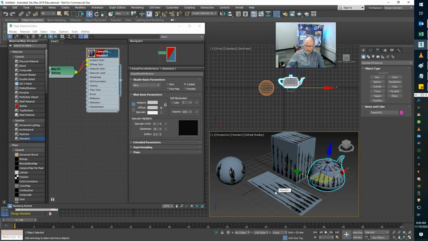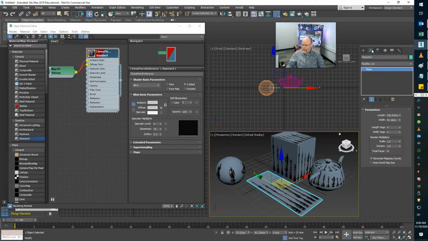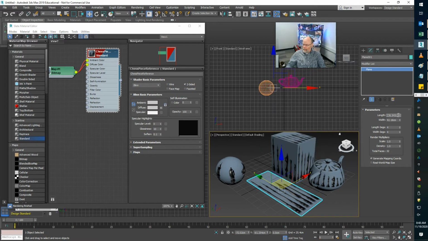Now, by looking at the properties on the plane here, I'm going to switch to my W for move and select, click on the plane, and look at what the properties are. I'm going to go to the modify panel. On the modify panel, I can see the length and width. If I return to my sticky note for my numbers, you have to remember 382 and 152. If I put in 382 and 152 here,